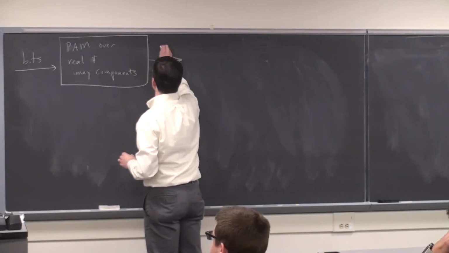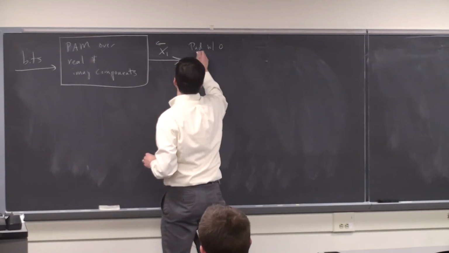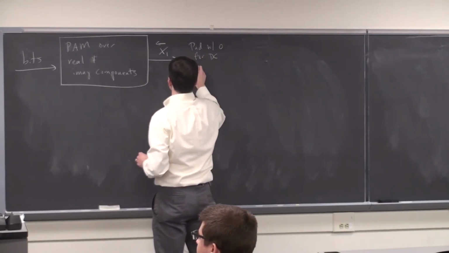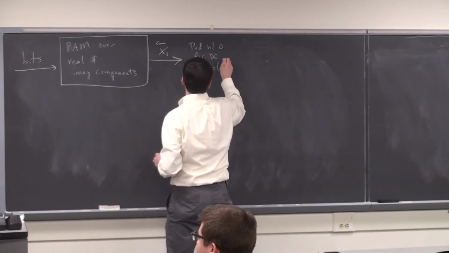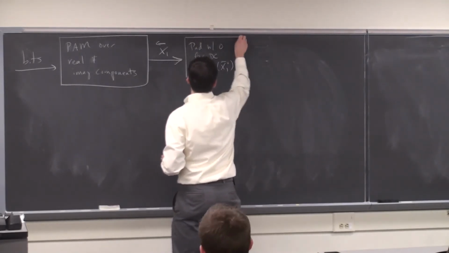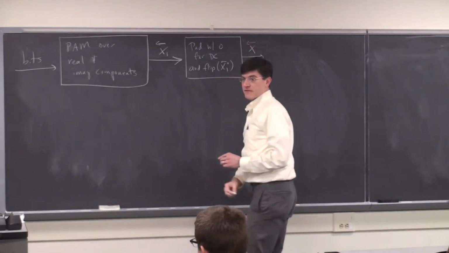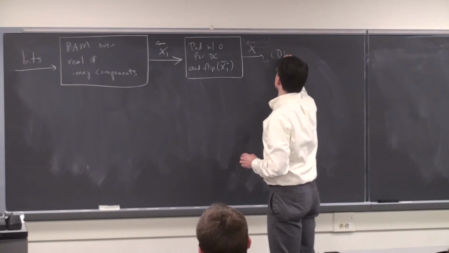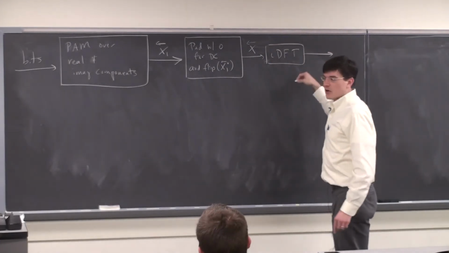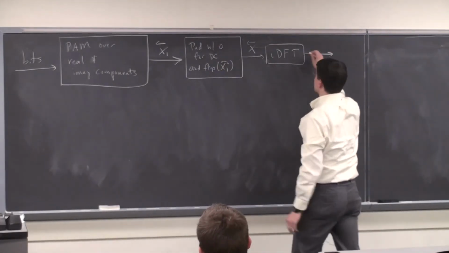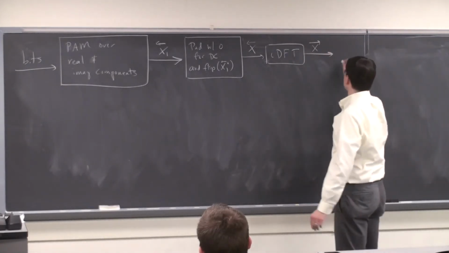Okay, that gives you x1. You pad with the DC and the flip conjugate version of x1. That gives you x in the frequency domain. Take the IDFT. So far, all of this is just the circulant block diagram all over again. I've combined a few boxes into one, but it's the same thing. I get the time domain x, okay?